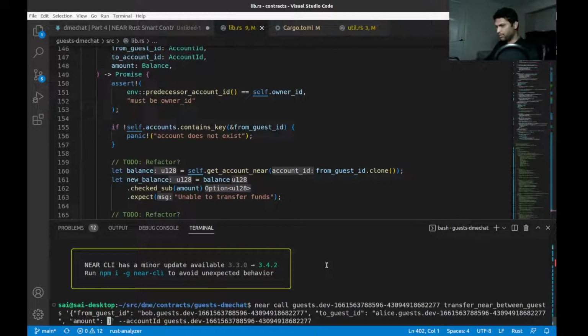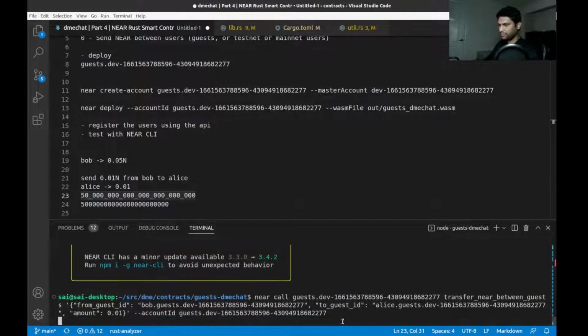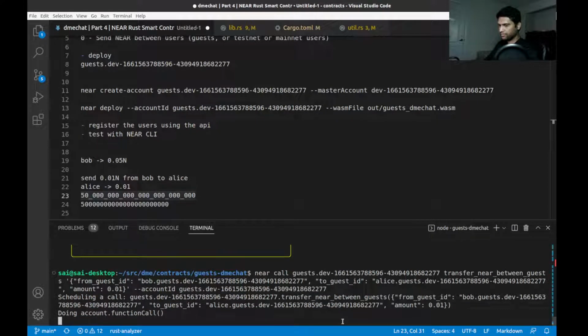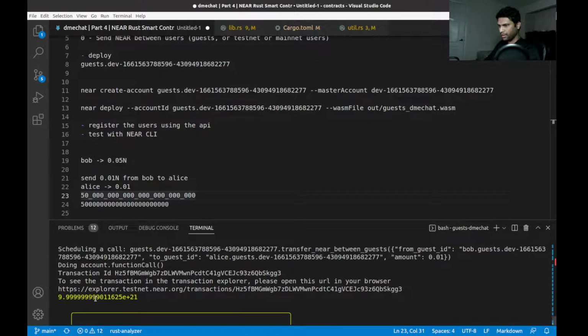So the NEAR we want to send is 0.01. All right. So from Bob to Alice, let's send 0.01 NEAR, and the signer is the actual guest account. Okay. So it looks like